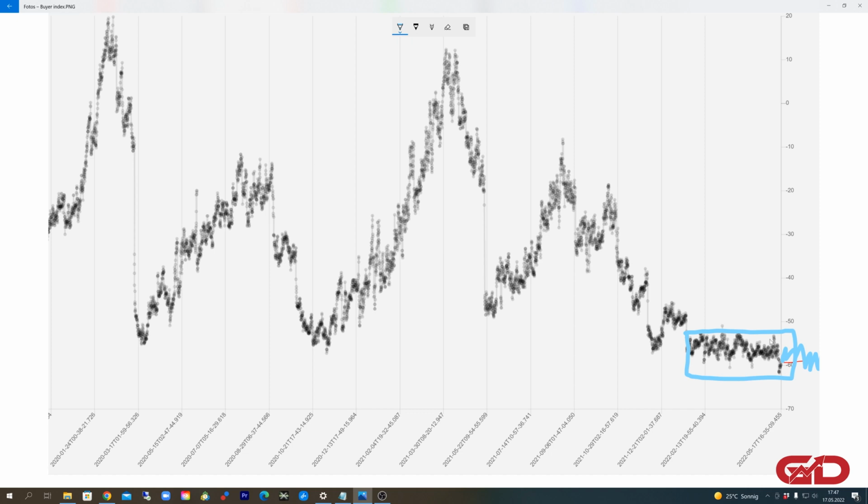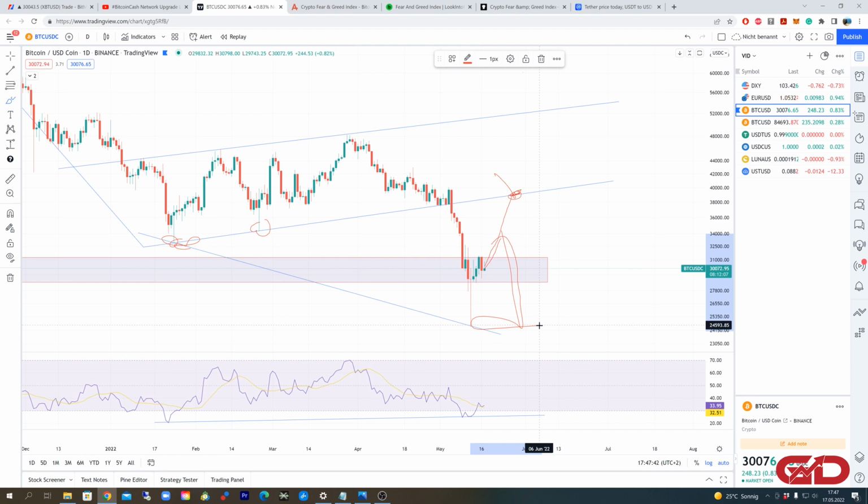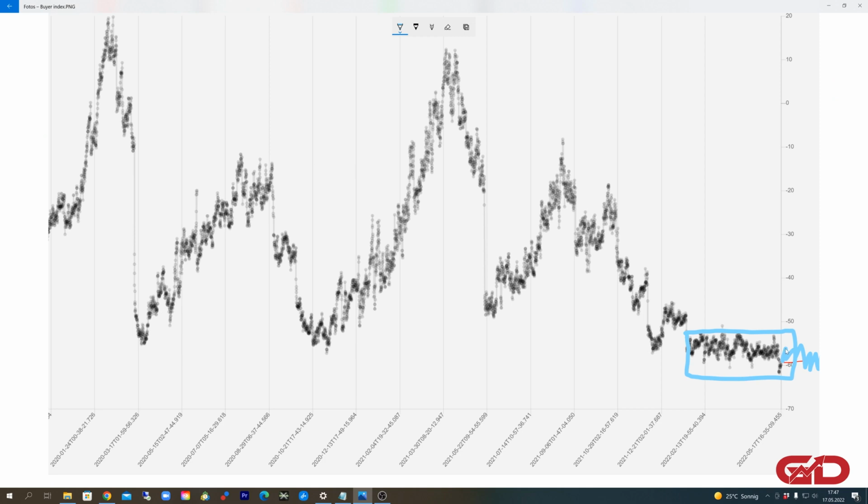And in case this should continue like this and we are moving to the upside right here, facing some major resistance levels, then it would be likely for me that we are making the move to the downside again and potentially retesting the old lows, potentially even making new lows. But that is depending on this index right here. So there are two possible scenarios right now for me, and the first one I have just explained to you. That would be a bad sign, and that would speak for a revisit of the old lows